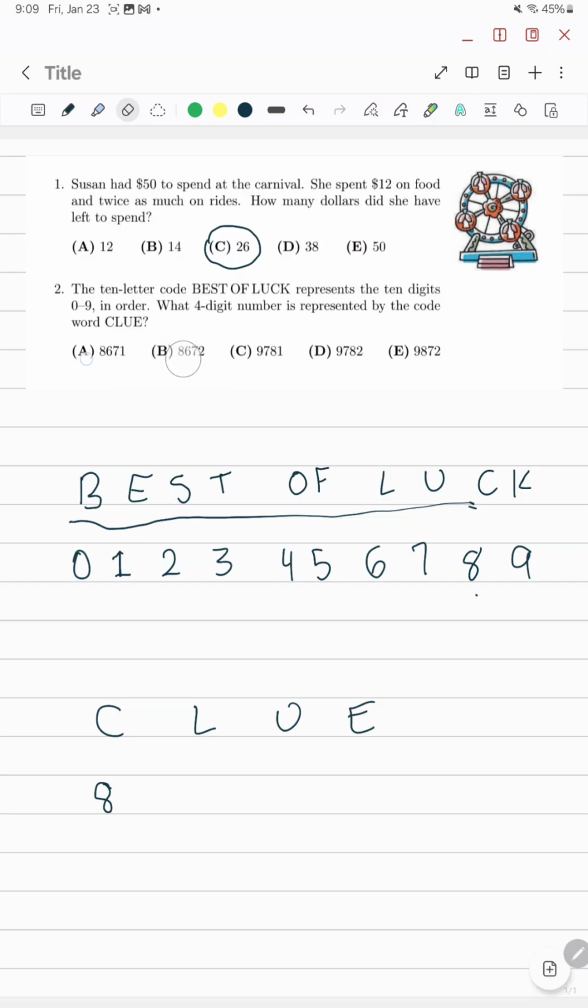And then we notice that in these possible answer choices, the next two numbers, 6 and 7, are the same. So that means that this is 6 and this is 7. And the only two numbers that are left that could be possible are 1 and 2. So we don't have to waste time deciphering what L and U are. We can just figure out what E is. And if we look over here, E is 1. So the answer would be